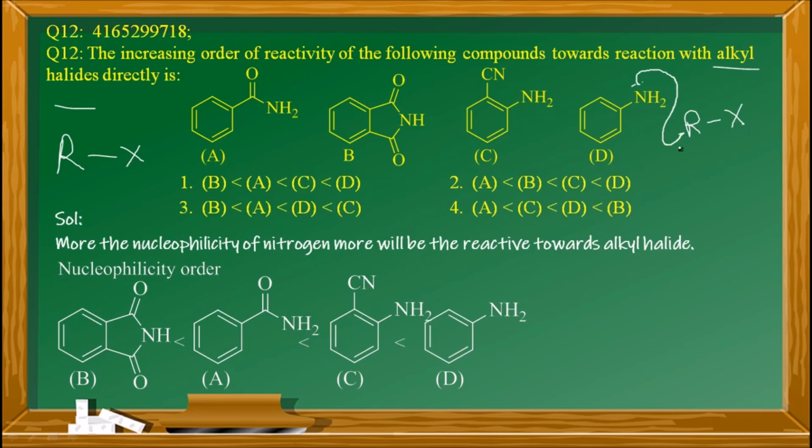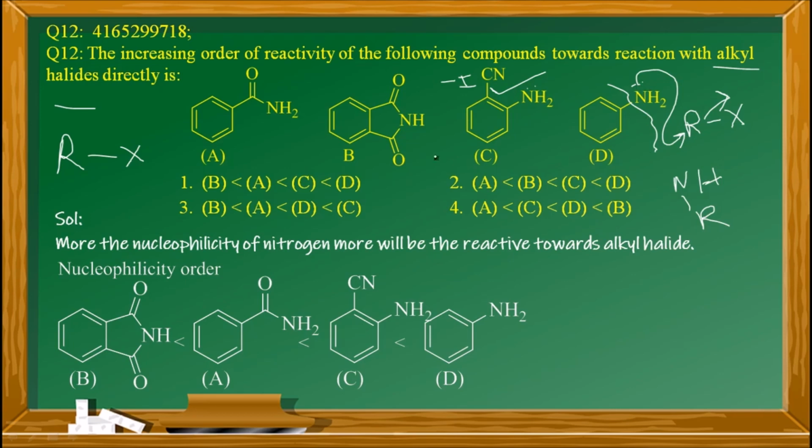Yes friends, and this goes off and it is going to give N, H and R, and this is going to be the same, right friends? So this aniline easily reacts with alkyl halides. When it comes to this one, though it is aniline type, the substituent having the nitrile group is a minus I affecting group, and this lone pair is going to be resonantly stabilized with this cyanide. So this lone pair is not easily available for reacting with alkyl halide, whereas in aniline, the lone pair electrons are